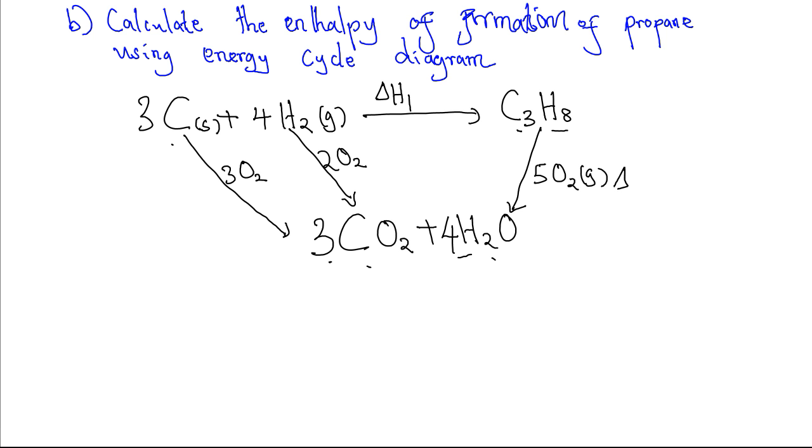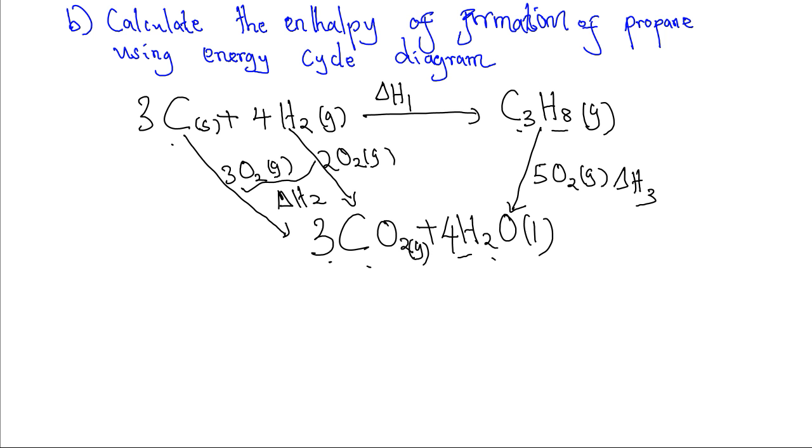This is what we call delta H3. Then the whole of this is delta H2. Gas, liquid gas, oxygen gas, oxygen gas. So in the calculation, we have delta H1 is equals to delta H2 minus delta H3, but delta H2 is equals to